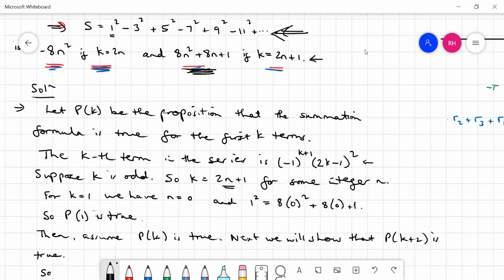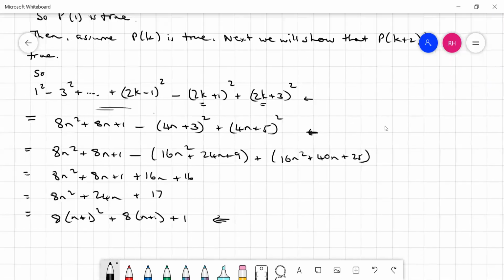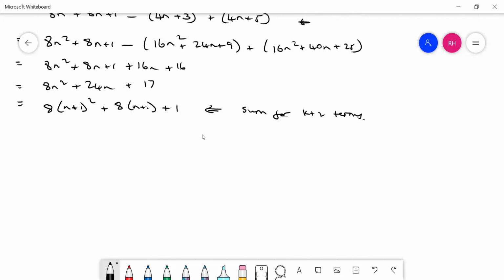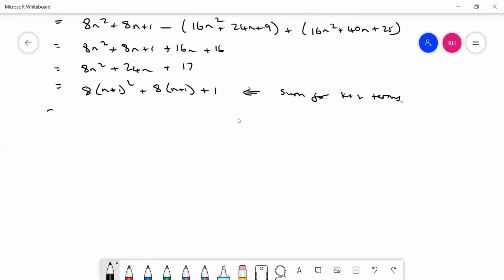So this tells us basically that this is the sum, as it should be, for k plus 2 terms. Remember, this is, once again, in terms of n, but remember k equals 2n plus 1. So when you look at that, we can conclude that that is the formula you would expect for k plus 2. So P(k plus 2) is true,